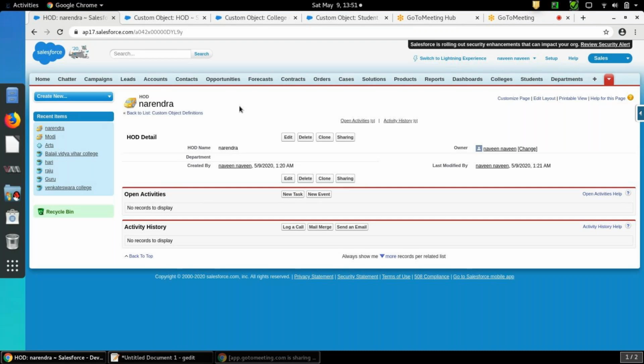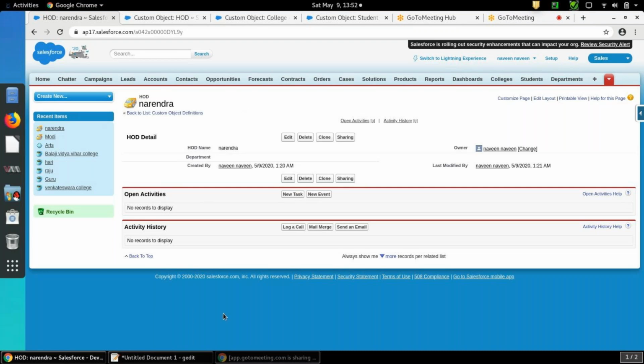So now we have seen, in case these four objects have no records, we have created master detail and lookup relationships. Suppose I want to create a master detail relationship in an object when records exist. In that case, we cannot create a master detail relationship if records exist in the object.